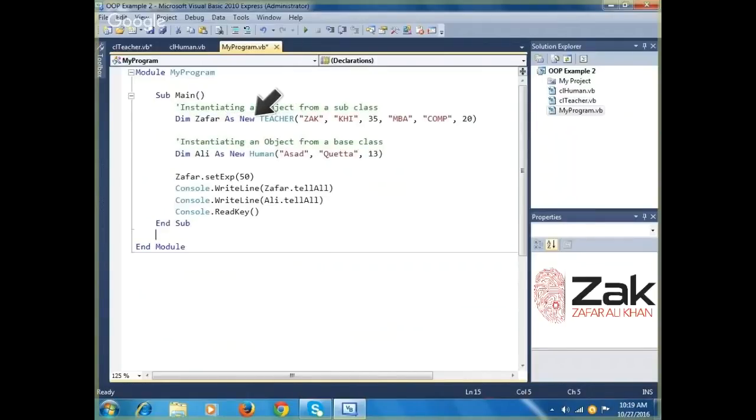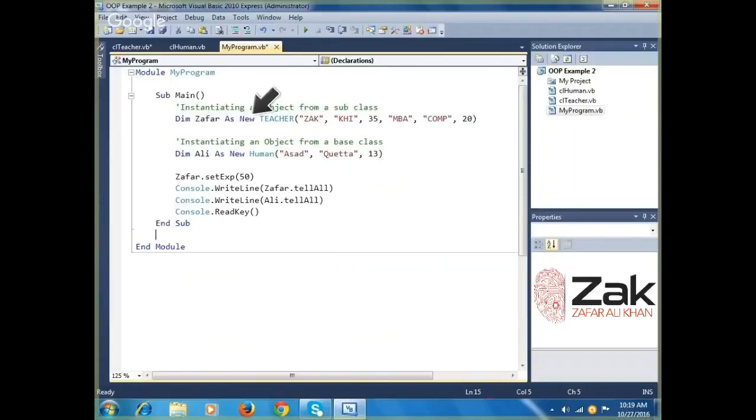We use the word new. This is the difference between declaration of the variables, declaration of the array, and the declaration of objects. So when we use new, it means that we are creating an instance of the class by this name, which is called an object. Remember, if it is not a variable, if it is an array,